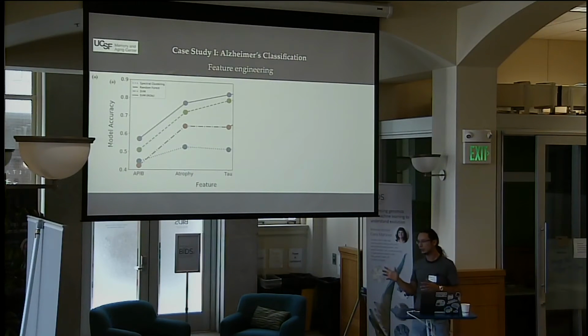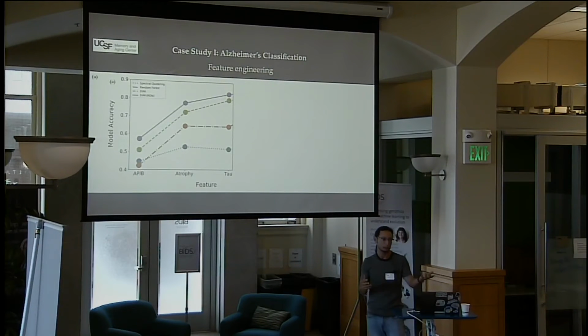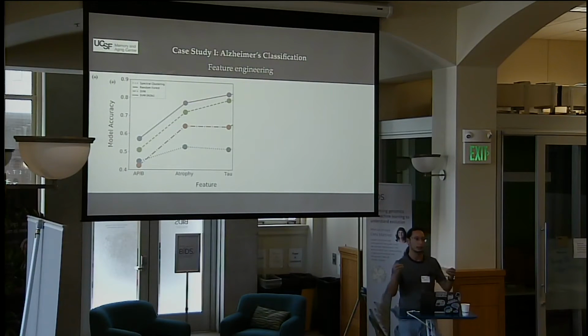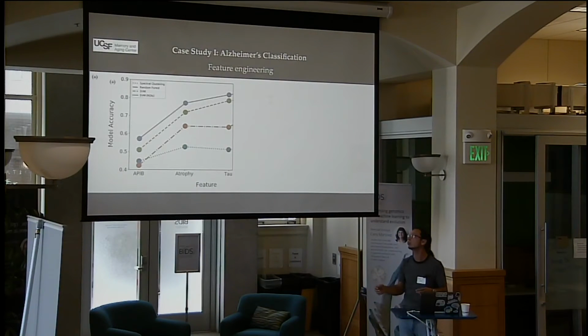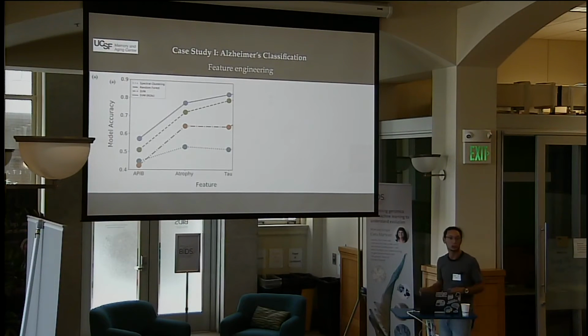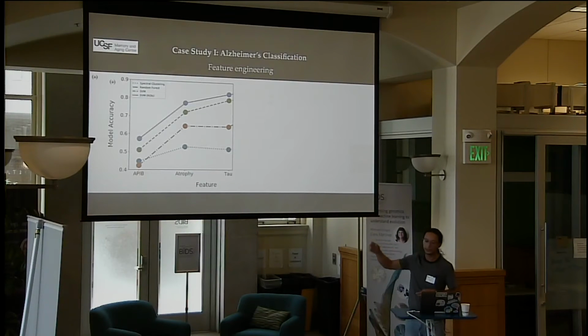But the first message here is that tau, which is something that has only recently been measured, this data has been gathered about those patients, is that measuring tau is indeed something that gives us more information than just measuring atrophy. And if we just stopped here, this would be a result that is publishable, a new result. But as a data scientist, you can take a step ahead and go beyond this and start maybe playing with these variables. What if I, for instance, sum some of these variables, or what if I multiply some of them? And I'm not going to show all the different variants I did, but it turns out